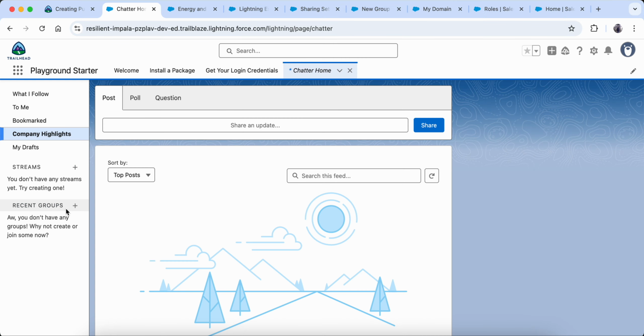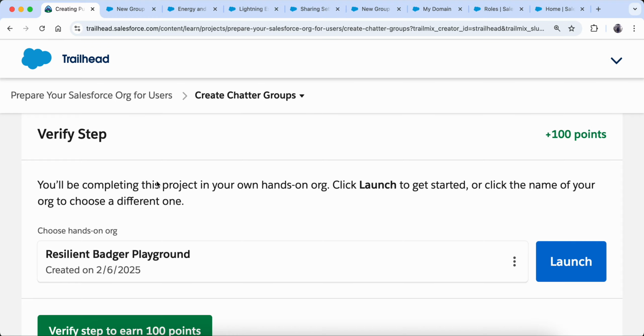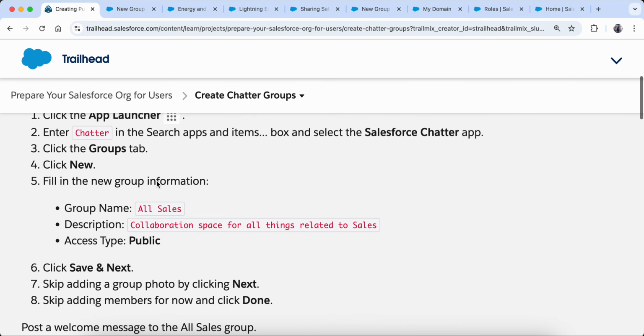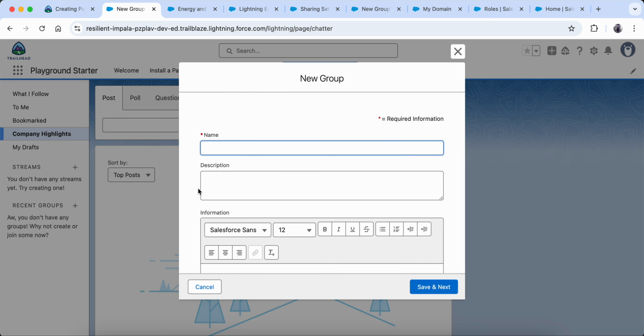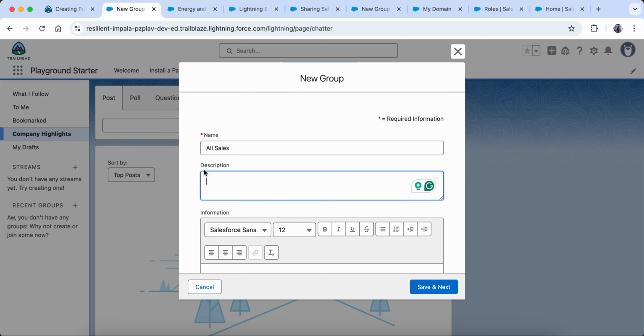For now I'm creating a group here, and they have already given me the name of the group and everything, so I'm just going to copy it. Let's go up. The group name is All Sales. Okay, so this is the name. And the description is: collaboration space related to sales.